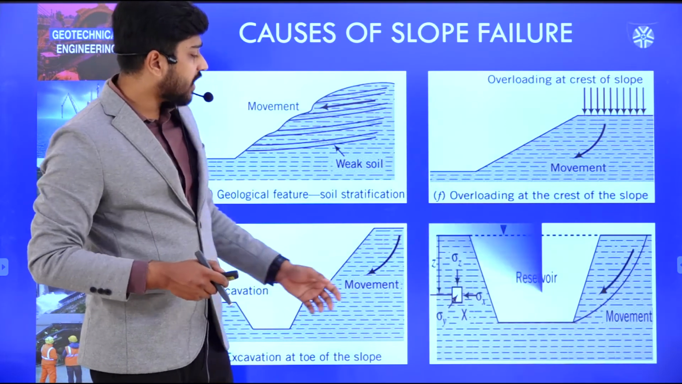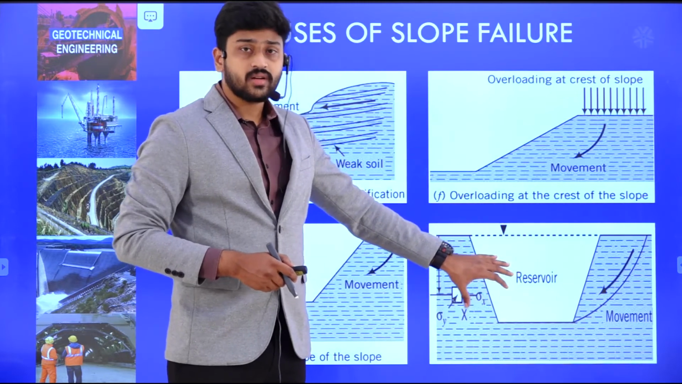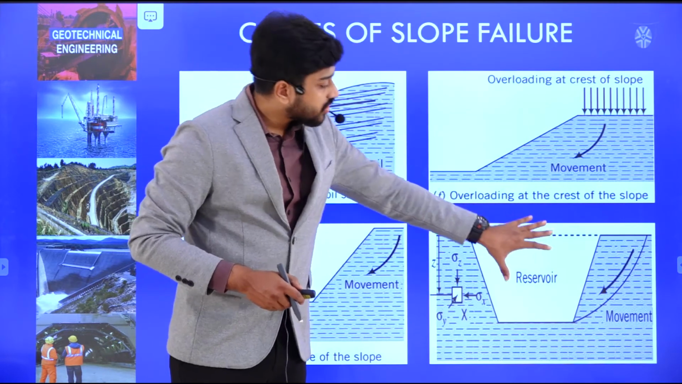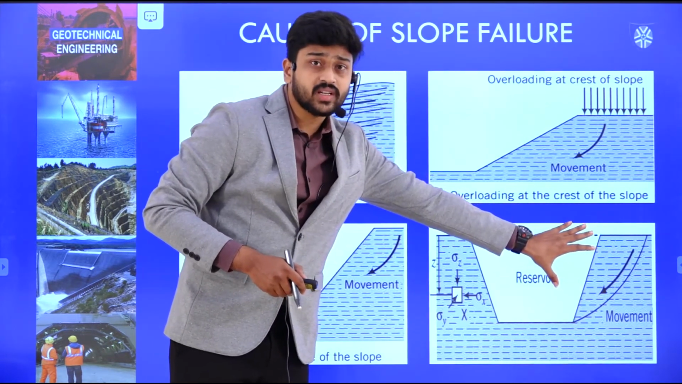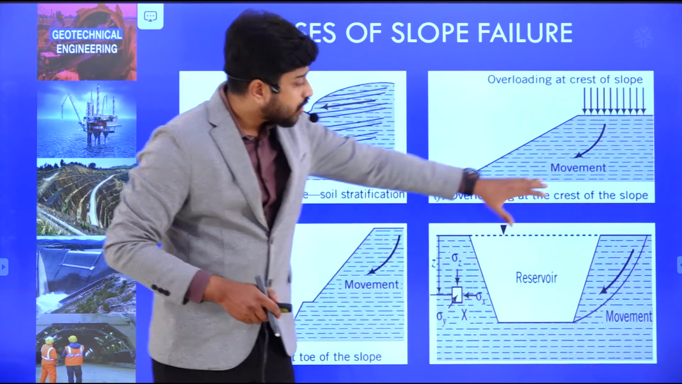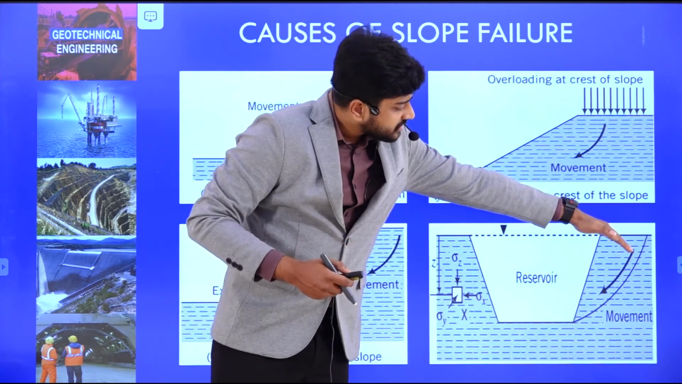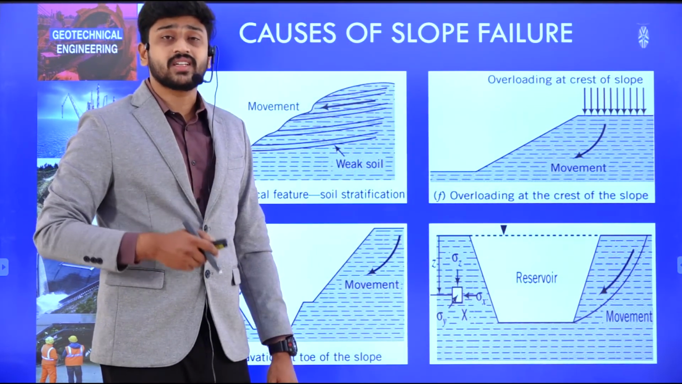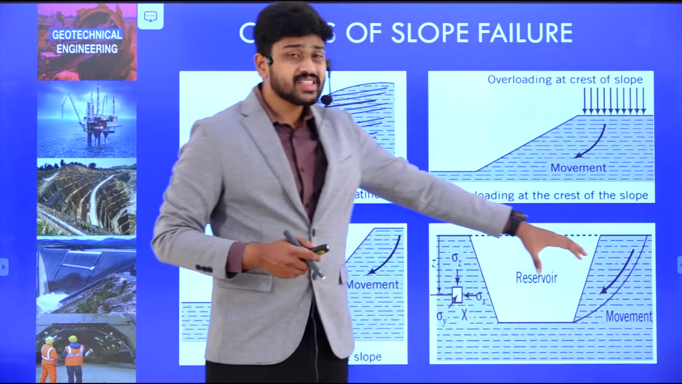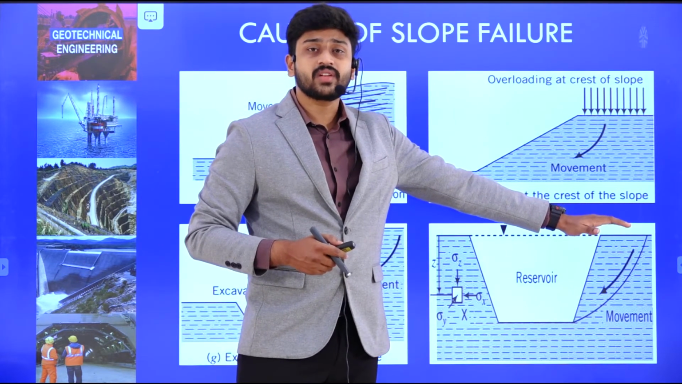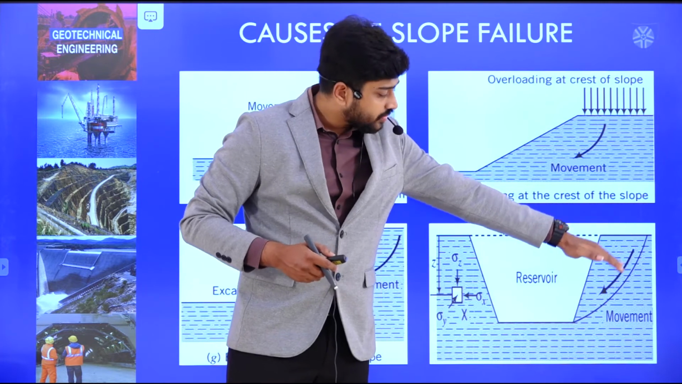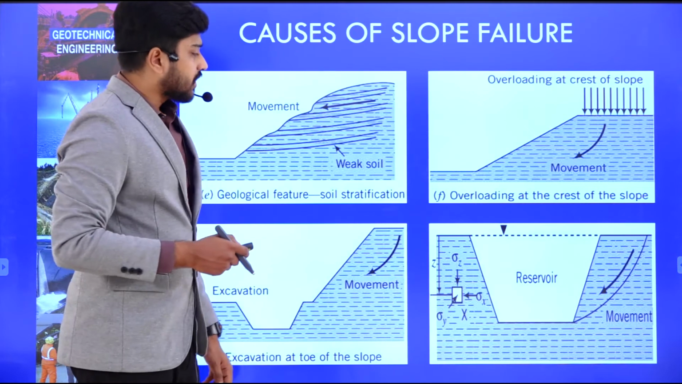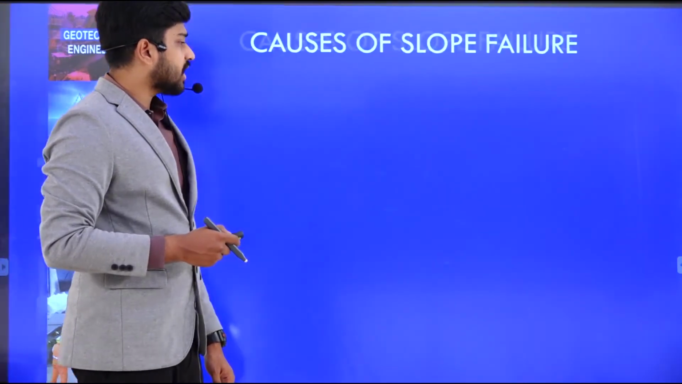Apart from that, if there is a reservoir, as I have stated, initially the water level is in this manner. Because of the water seepage through this particular side of the slope, after some time the surrounding soil that is present here is getting saturated. So what will happen? Whenever a soil is saturated, it will become weak. So obviously the failure may occur in this region. Okay. Now let us look at the other type,